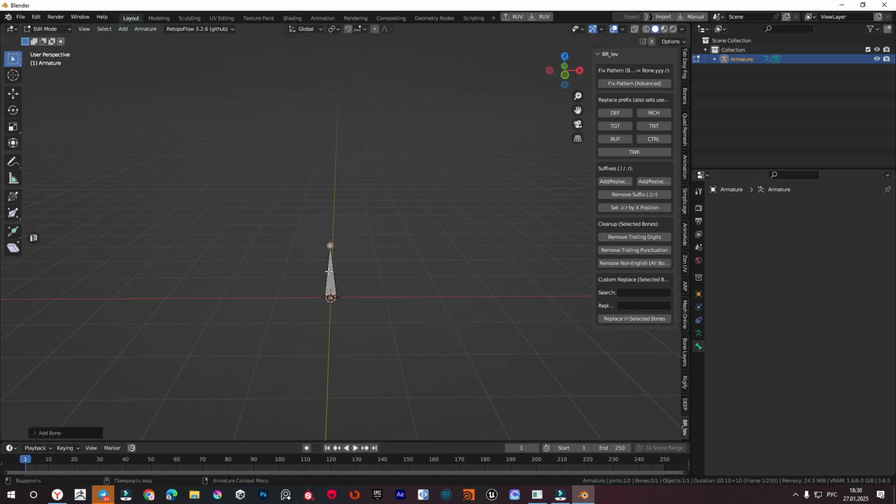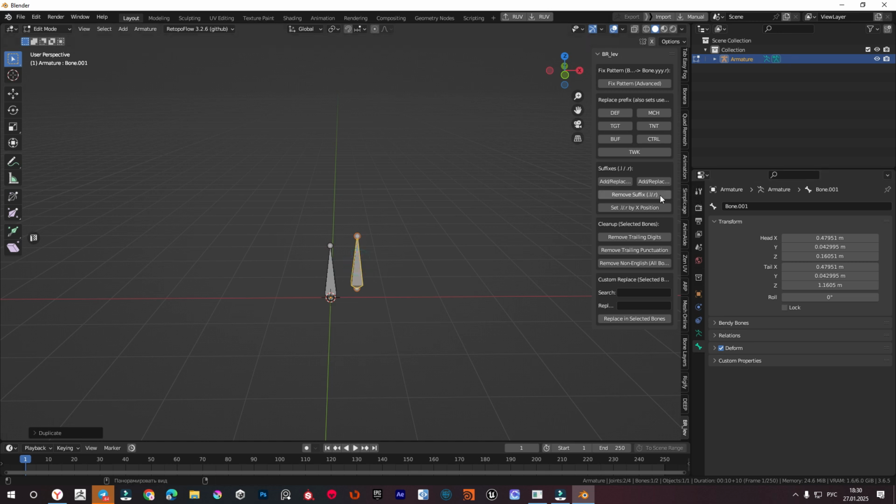So, my first add-on for clean and convenient operation of the rigger with naming. It can remove extra numbers and dots, as well as those that appear from duplicate bones, which interfere with working with symmetry. Secondly, it places and removes suffixes, either automatically depending on the position along the x-axis, or manually